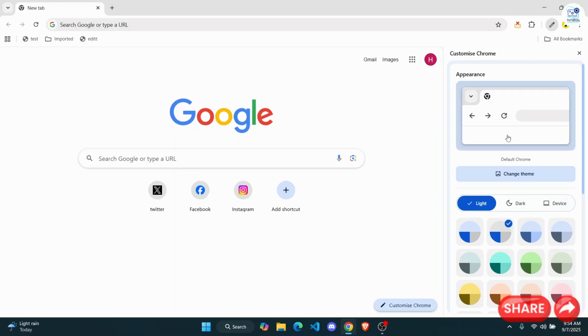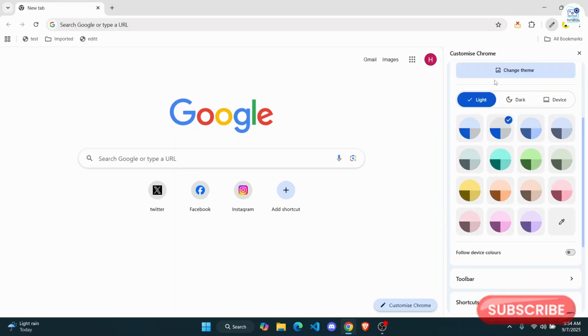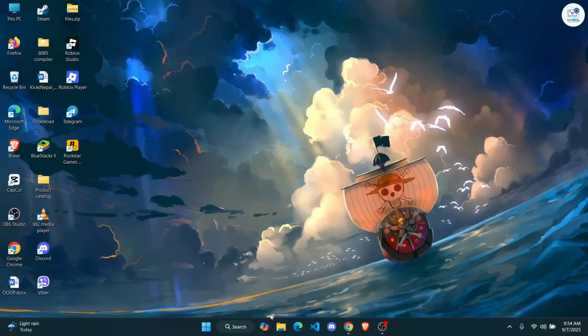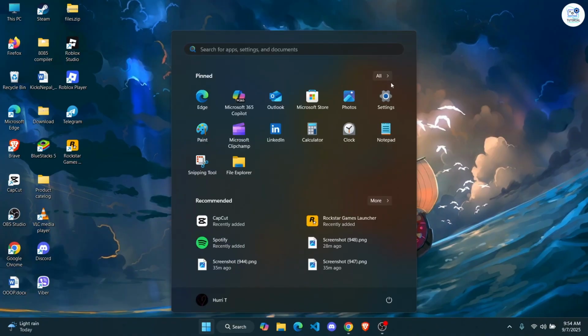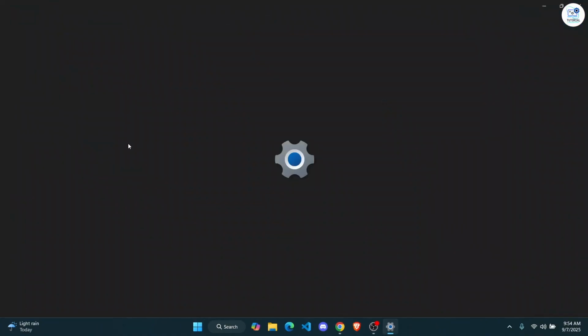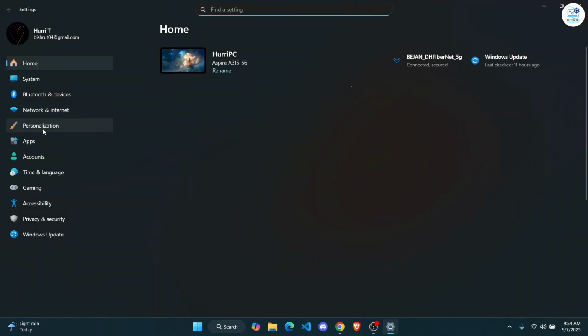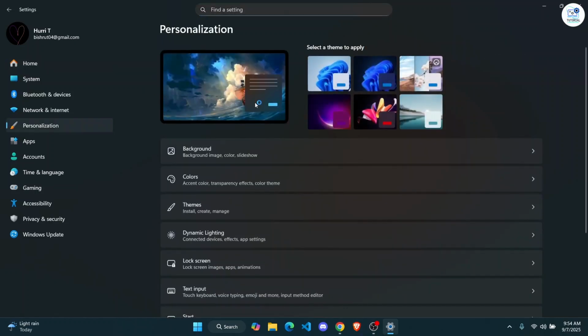The very first thing you want to do is simply go ahead and open up your settings menu, go to the start menu, and then click settings. From your settings, you're going to find personalization. Here, you are able to change all of your backgrounds and settings. So you can select a specific theme to apply, or what you could do is just go to personalization and